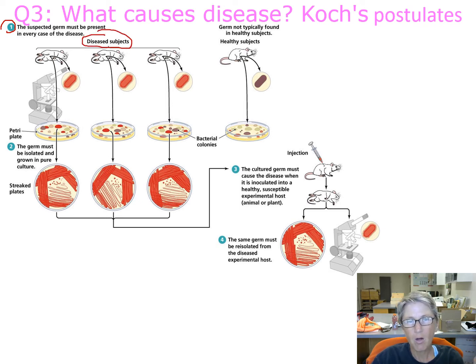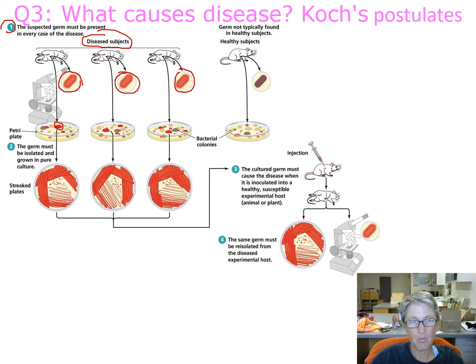So they are rats. And they all have the same disease. And check it out. Every one of these rats, they isolated the same bacteria, and they got that bacteria and they smeared it on a plate, which you guys would do in the lab. Hopefully we'll do it virtually. And they could grow that bacteria into a colony. So a colony is a whole bunch of bacteria living together.